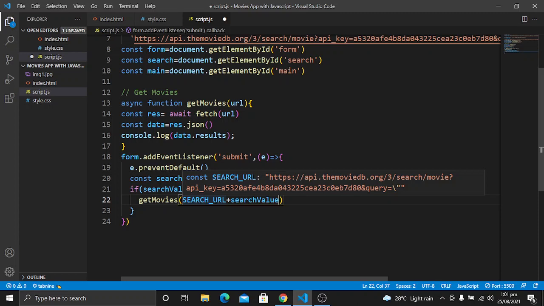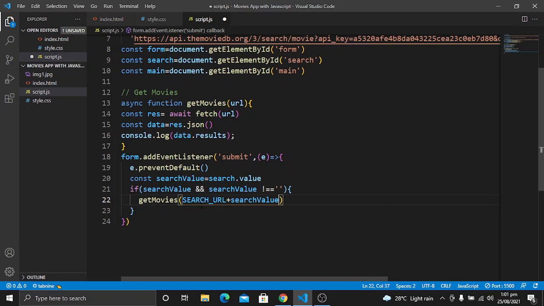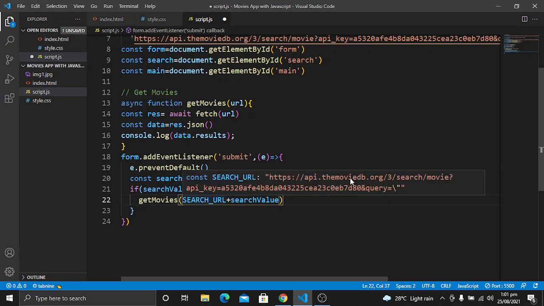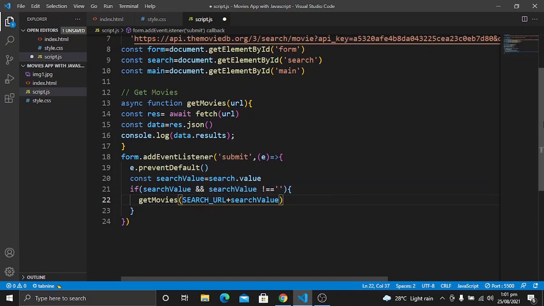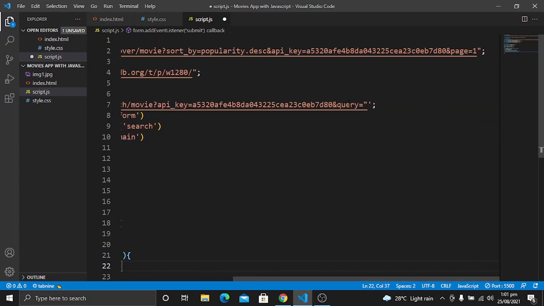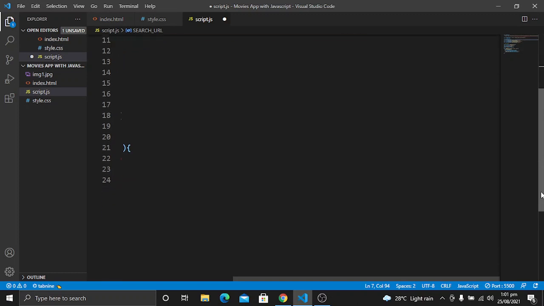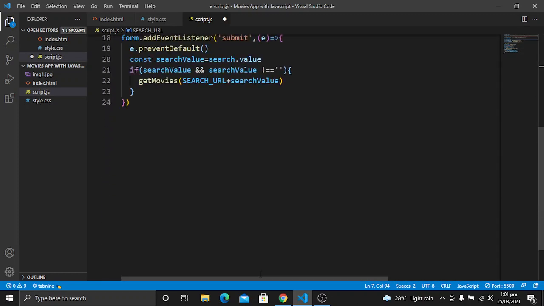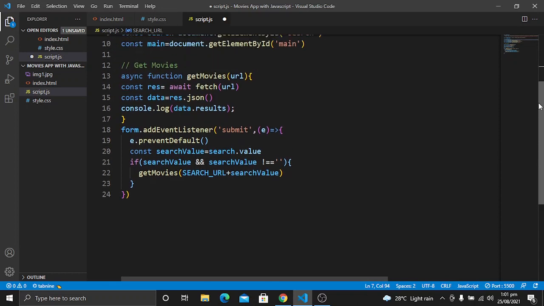So what will be this search URL? When I hover on it, you will see we have this search URL, which is the one that I explained earlier, how you can use this search API. At the end of the query, at this place, we will add the value that we have added in the search input field.